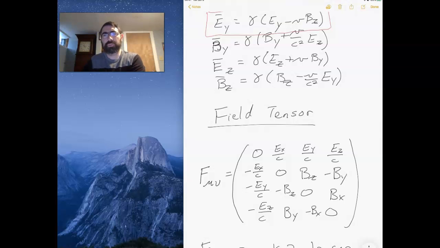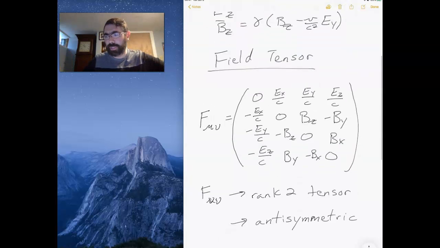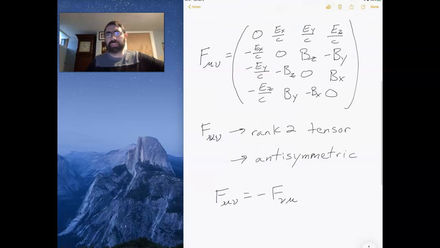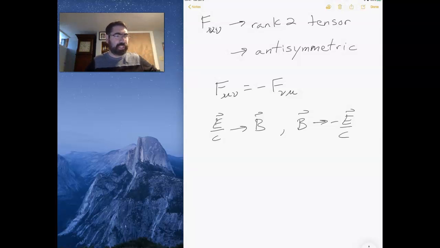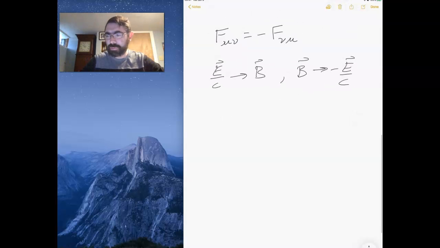So we could have constructed our tensor that way, or I could say we can write another tensor which would match with our idea of the magnetic field first and the cross terms being electric field. We could do that just by inspection, like we did with the F mu nu, or if we look at it, we can transpose things and say that E over c becomes B and B becomes minus E over c. Minus because, again, it's an antisymmetric tensor. And so what you get is another tensor, which we'll call G mu nu, because it's the next letter in the alphabet, and its components are